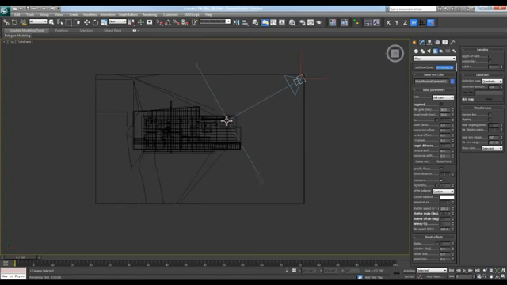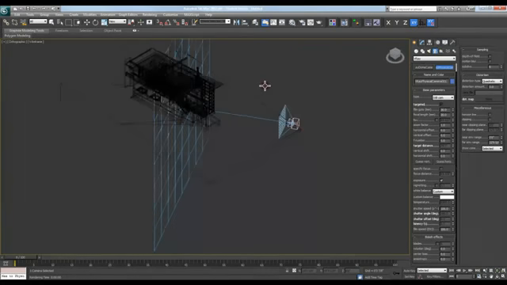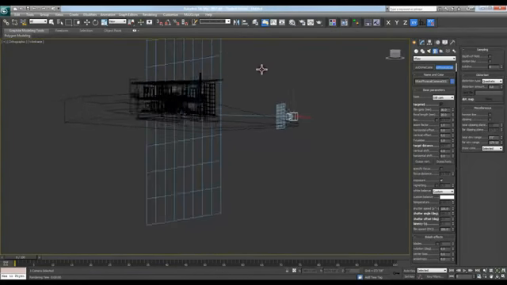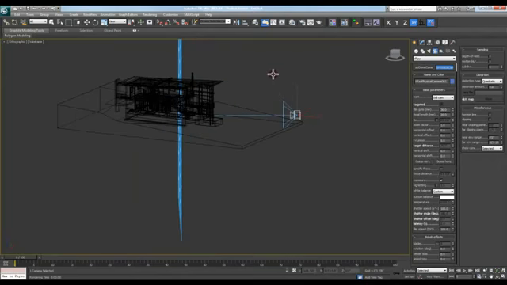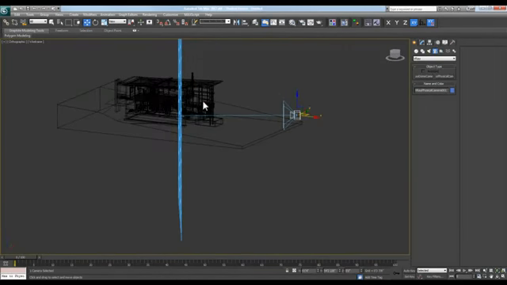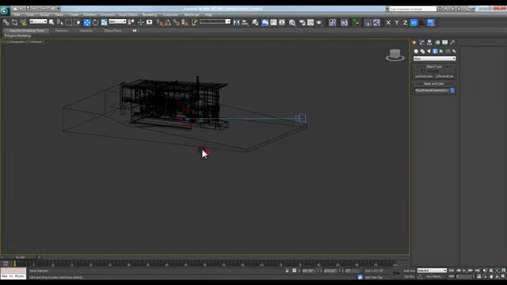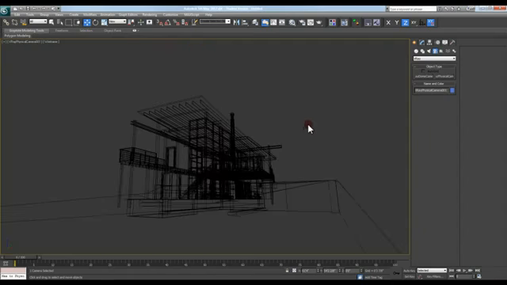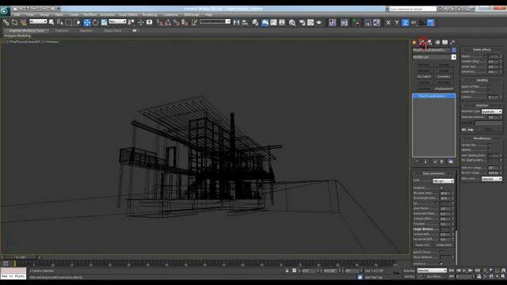You click, you drag, and where you're dragging to is where your target is, and where you first click is where your camera is. So then if I look at my camera here, you can see I'm kind of floating there in the corner, and I actually want to grab the target. And what's nice, since there's no geometry there, I can easily select the target and grab it to where I want to. Select my camera, hit C for my camera view,